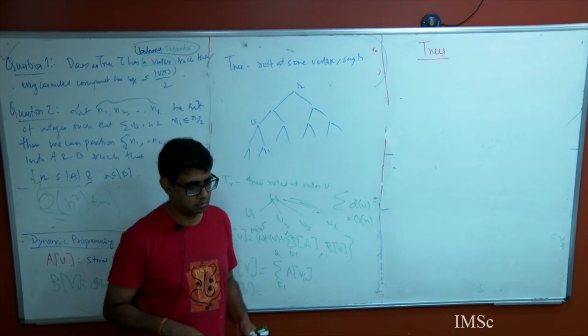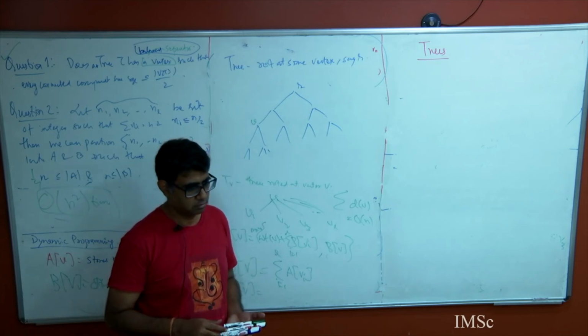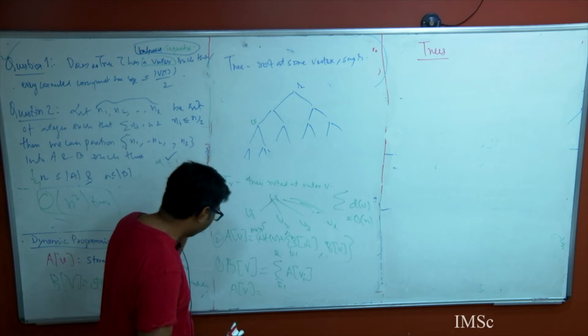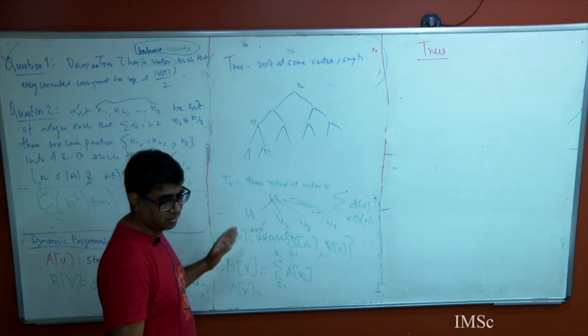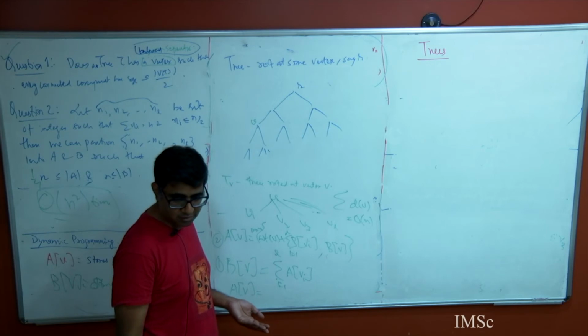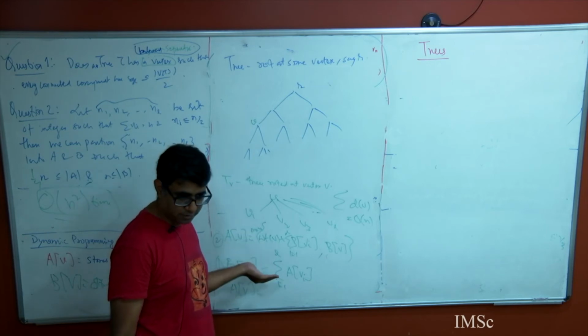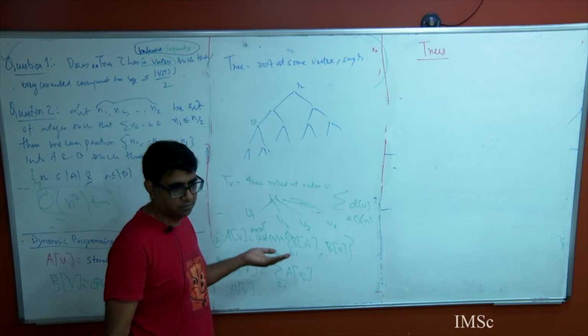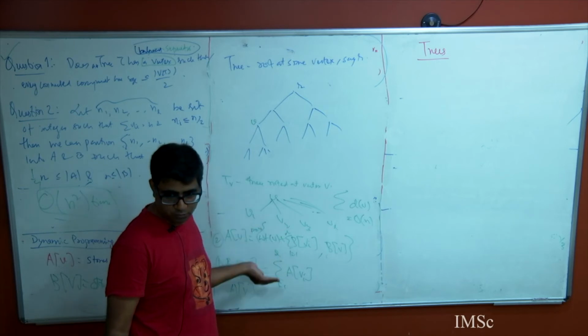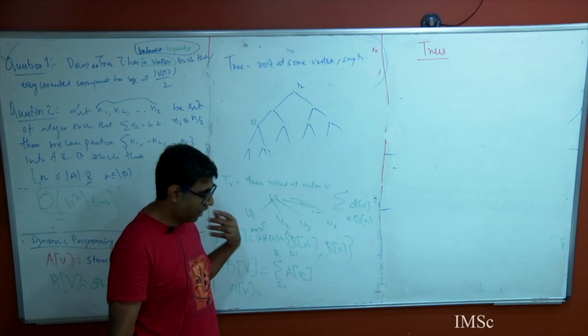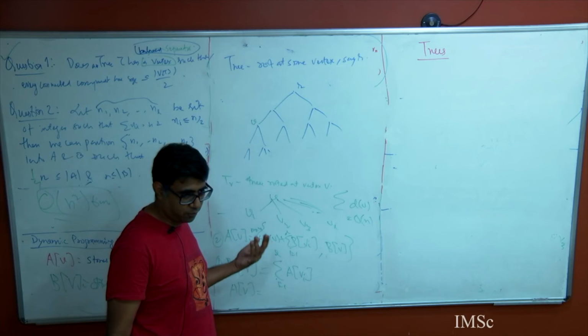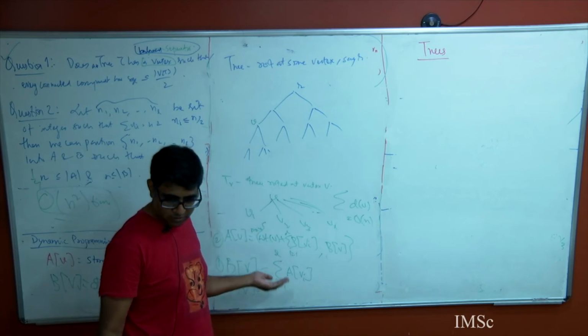So she was telling that it is B plus grandparent. So you know that B of V represents this. This is the current algorithm written. Either this is correct or this is not correct. If this is not correct, we should find fault with it, right? We all agree that this is correct. If this is correct, we should find a proof for it. And I'm insisting because we need to find why it is correct.